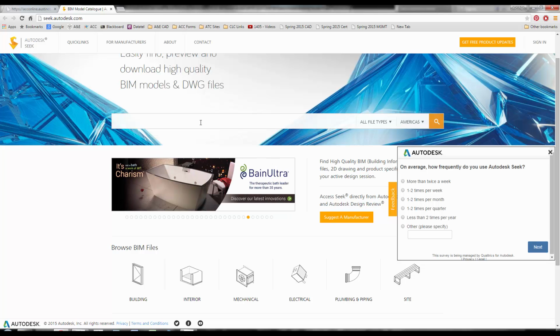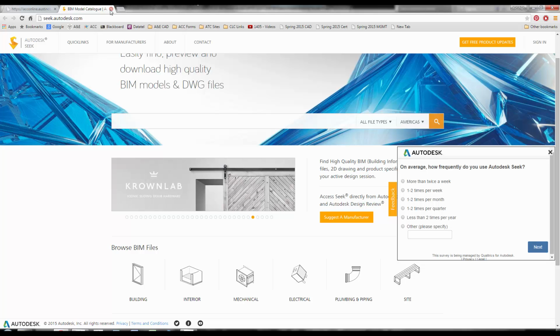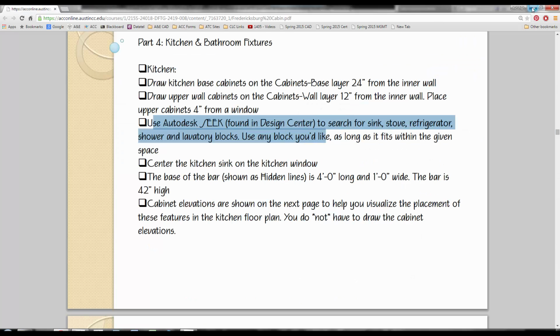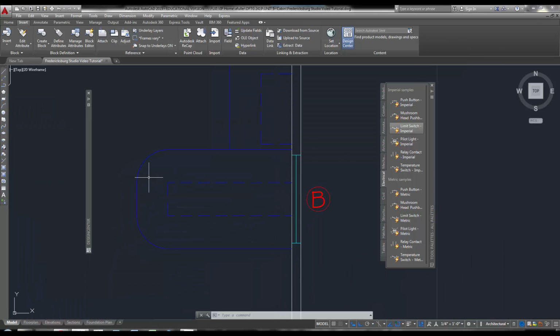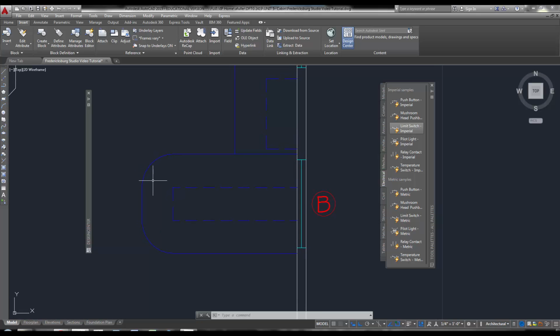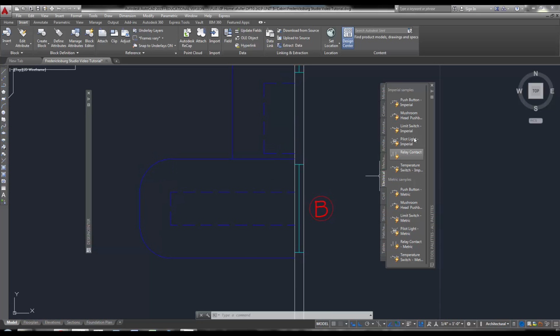The problem is you're going to be sifting through thousands of blocks, which is great if you're really needing that much variety. But for what we're needing, we just need some basic blocks to put in here, and I don't want you to have to spend forever looking for this one block that fits perfectly. So what I did is if you look in the shared directory in that 2419, which we copied over from the beginning of the semester,